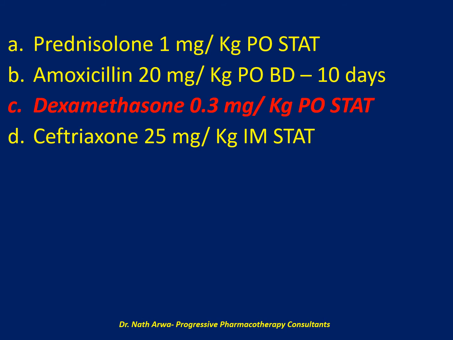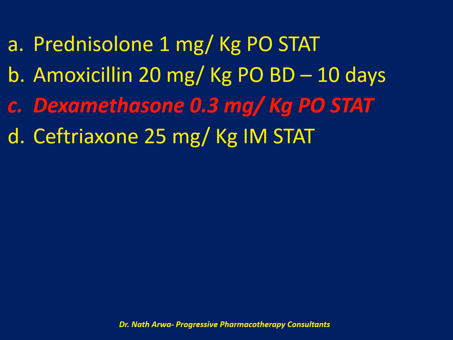Remember that. Now, since croup is caused by a virus or a viral infection, antibiotics such as ceftriaxone and amoxicillin are not indicated. So that makes answers B and D wrong. And the treatment of choice for croup is dexamethasone at a dose of 0.1 milligram per kilogram to 0.3 milligram per kilogram. Some people even use 0.6 milligram per kilogram, all as oral start doses. So answer